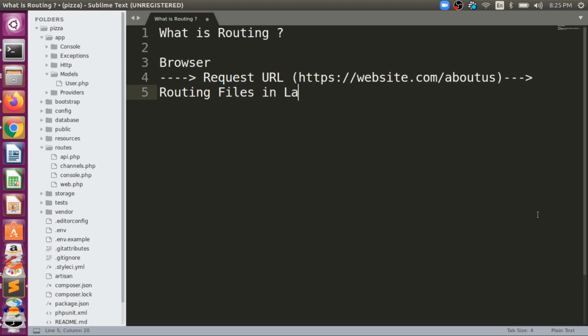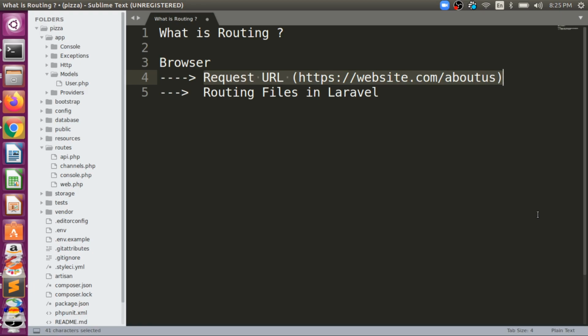Here we have routing files in Laravel, or you can say a routing structure or routing mechanism in Laravel. Basically these are the files in which we tell what will happen when a user requests https then the about us page.